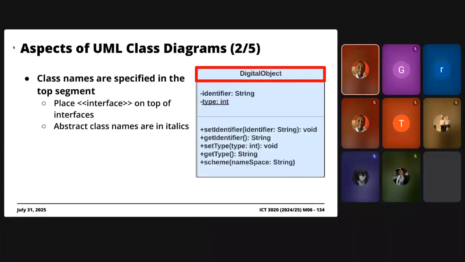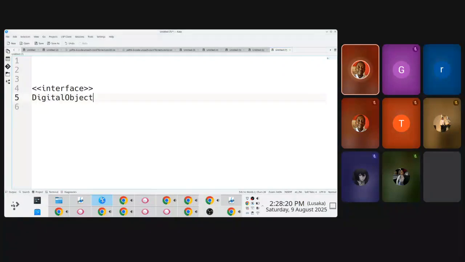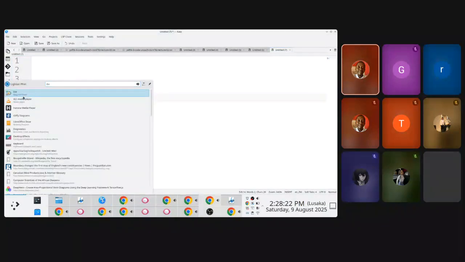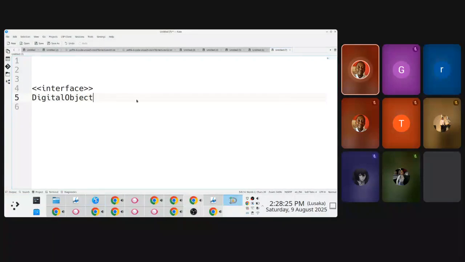Okay. If it's a normal class, you represent it as is, right? The name of the class itself. And then if it's an abstract class, you represent it in italics. So you change the formatting. I don't know if I have Dia installed. I think I do. Can kind of showcase some of these things here so that hopefully this makes sense here,